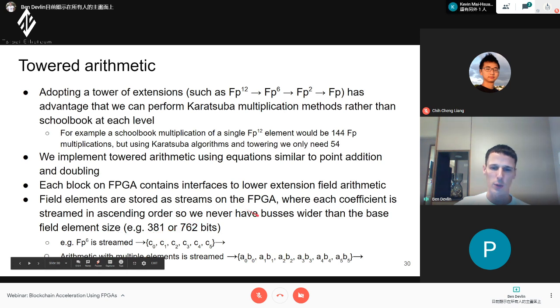For our BLS12-381 curve, we might have 762 bits, because we put our coefficients on top of each other. But for example, if we're doing a point inversion, we don't need this, so we just stream the point through. And these are the coefficients in the extension field. For example, FP6 will have 6 coefficients, and each coefficient can be looked at as an FP element.